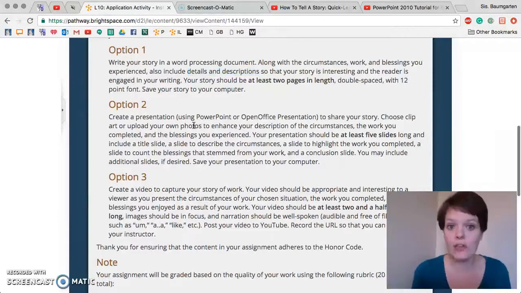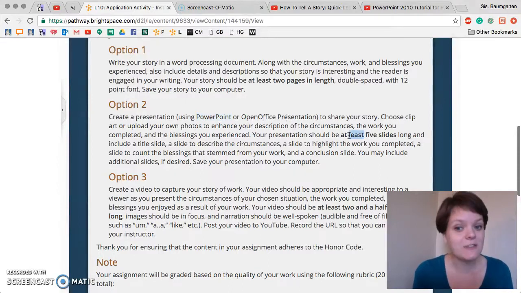But there are 2 other ways that you could choose to tell the story. And these are neat because they allow you to learn and practice presentation skills. And these are so important for the workplace, for your future classes. These are great skills to earn. So the second option is to do a presentation using PowerPoint or OpenOffice presentation.